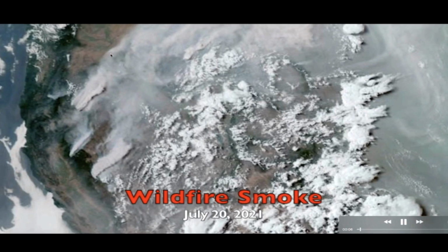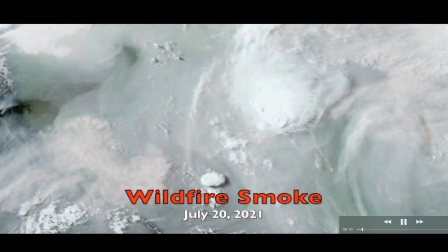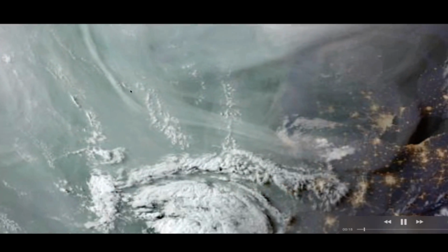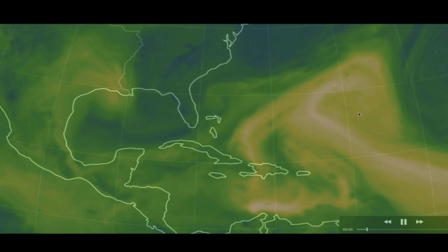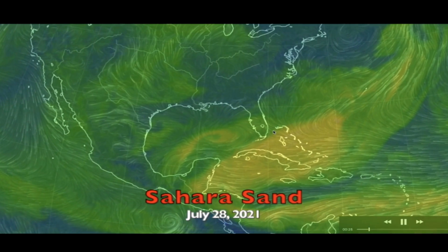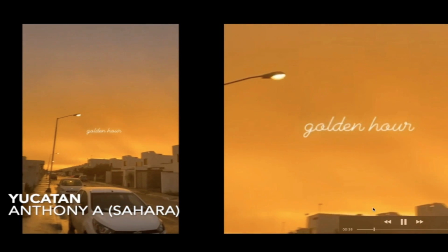Wildfires coming from Oregon, California, up in Canada, and it has blanketed most of Canada and the United States, as you can see here from this July 20th view of North America at Zoom Earth. This is over here at nullschool.net, keeping track of the Sahara sand by July 28th, entering the Gulf of Mexico and southern Florida. It does affect the air quality, but it makes dramatic skies, very photogenic skies. Down here in the Yucatan